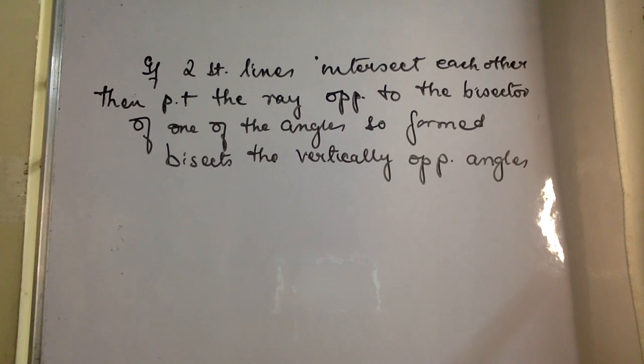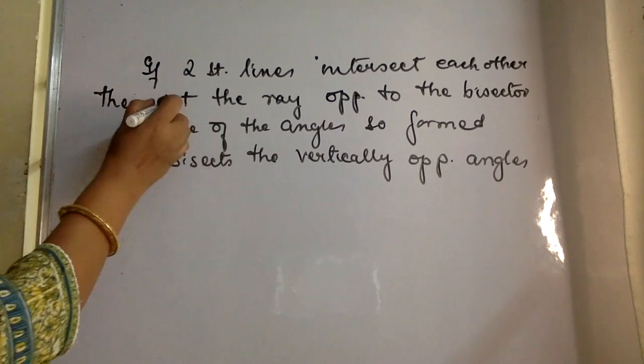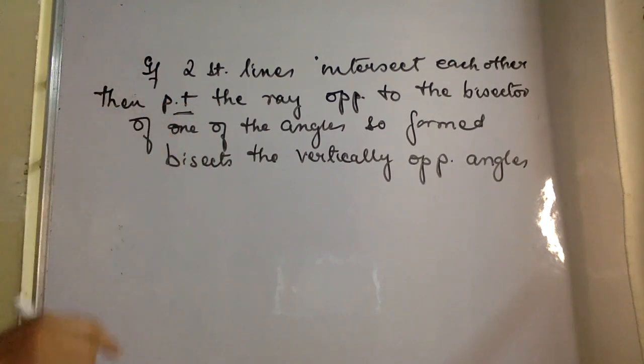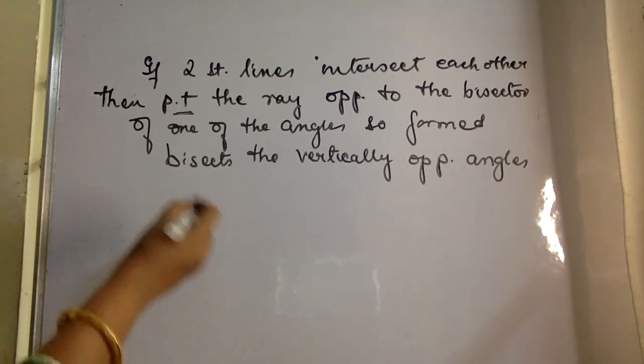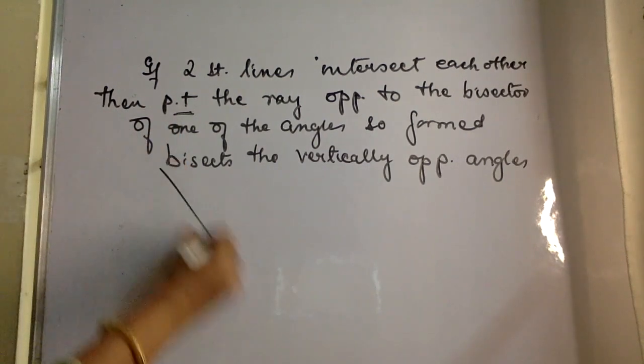Now here is one question which never gave us the diagram. If two straight lines intersect each other, then prove that the ray opposite to the bisector of one of the angles so formed bisects its vertically opposite angle. Now this means prove that. Okay, PT I'll always write for prove that, remember. Sometimes I might even forget to tell you. So here this is,